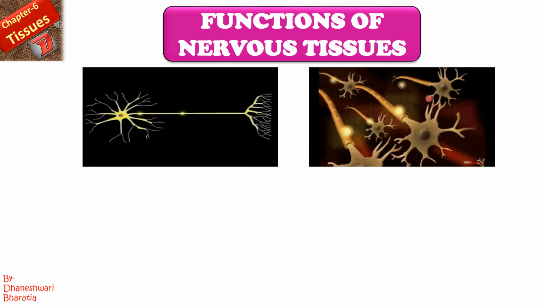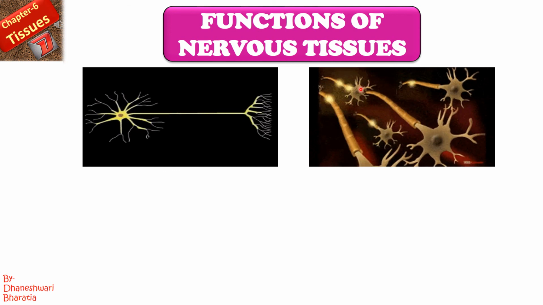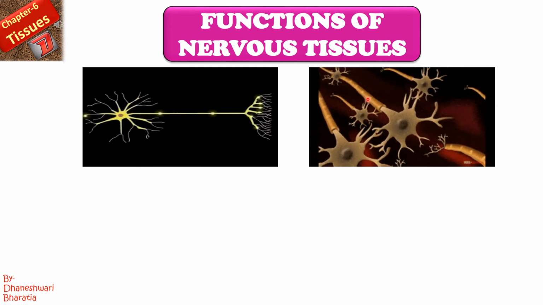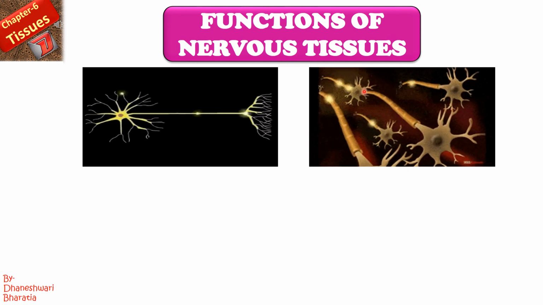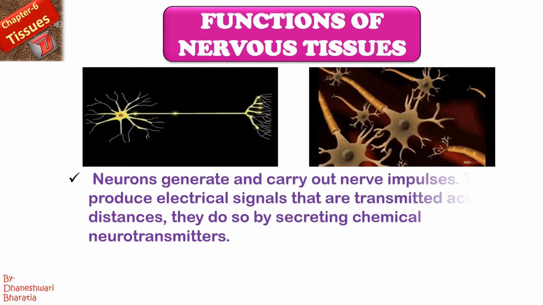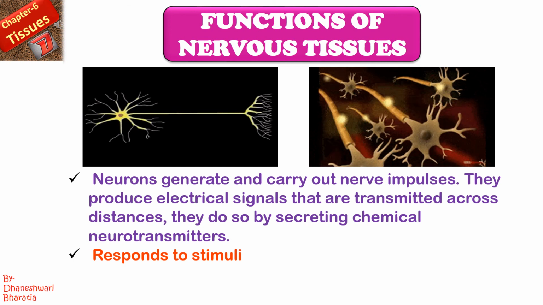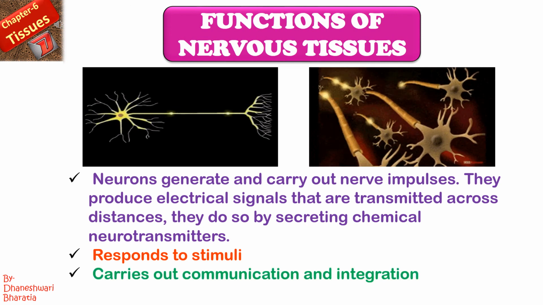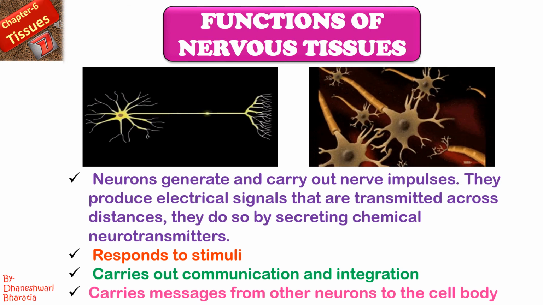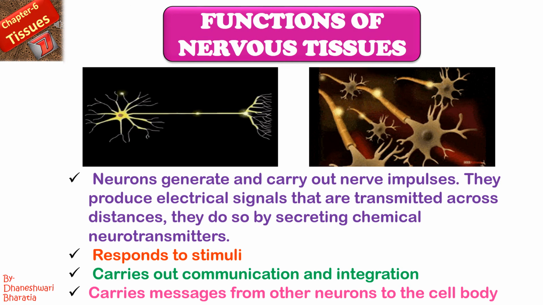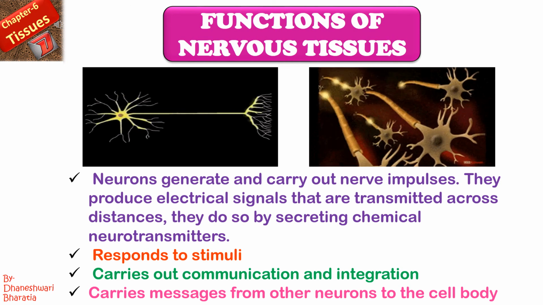But here you can see in between the two neurons there is a little gap which is known as the synapse. These neurons will secrete some neurotransmitter, a kind of chemical, and through that the connectivity will be there. This is not in your syllabus, this is only for your reference. These are the functions of nervous tissue, or I can say neurons. You can go through it, and please note it down if you wish. The same things are given in your textbooks also.